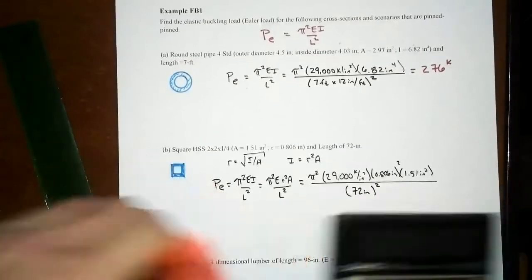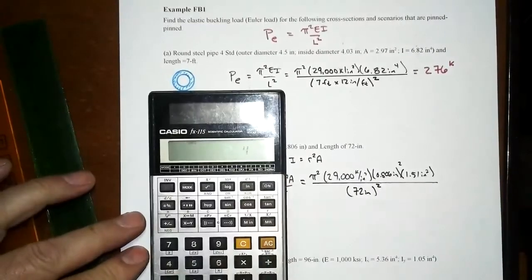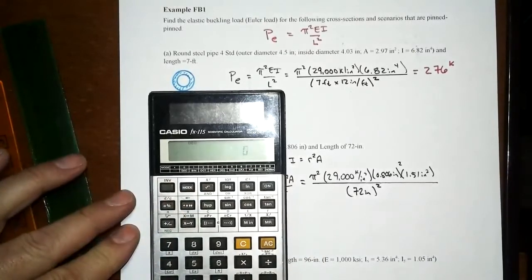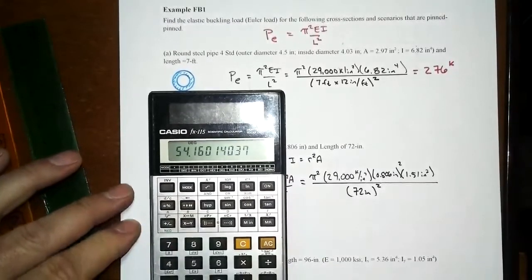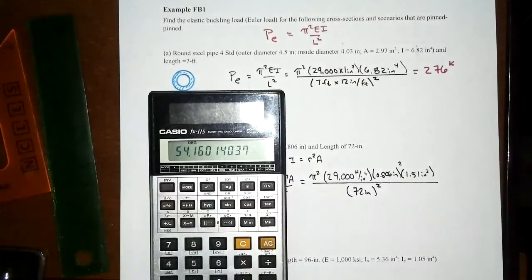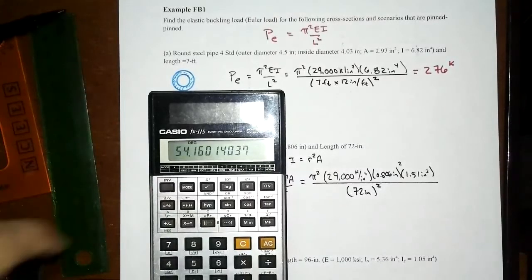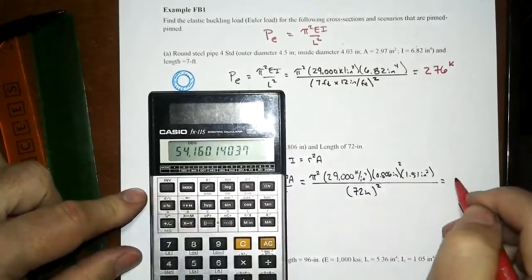So let's see what we get on this one. We'll have pi squared times 29,000 times 0.806, that has to get squared, times 1.51, the cross-sectional area, and divide by 72 inches squared. And we have a smaller value than we had before, but still quite significant. That's 54,000